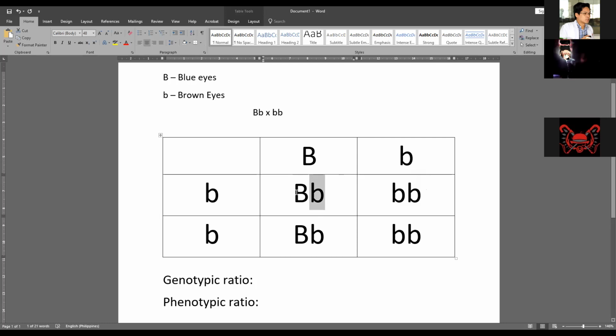So we have two alleles or two genes from a particular individual or organism. So this is heterozygous. You have two heterozygous there. Okay? This is two heterozygous blue eyes is to